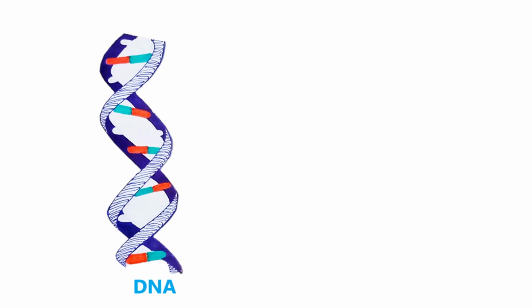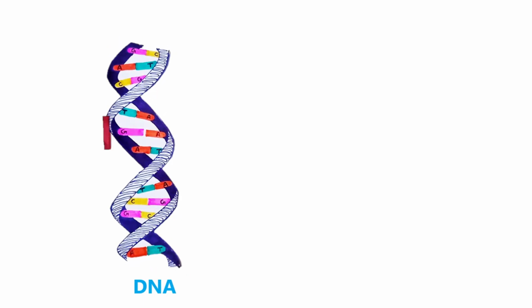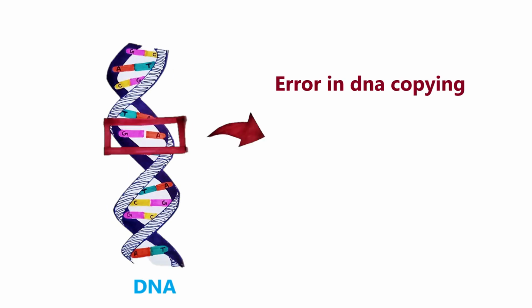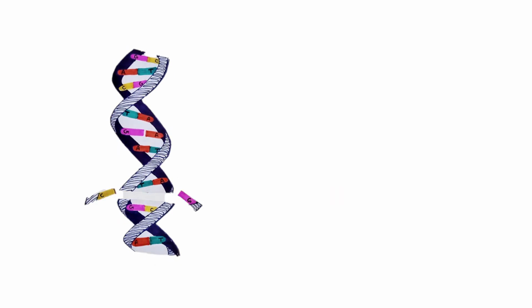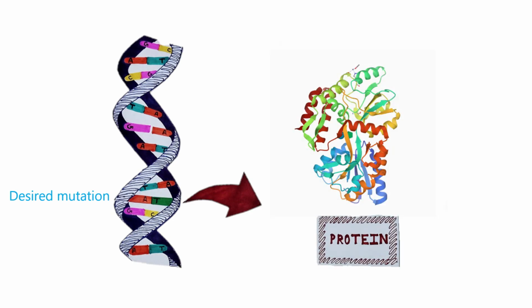Mutations are changes in a DNA sequence that occur due to errors when the DNA is copied or as the result of external mutagens such as UV rays and chemical factors. Mutations can also be introduced willingly in laboratories to alter the DNA sequence to produce new protein structures so that they have a new altered function.